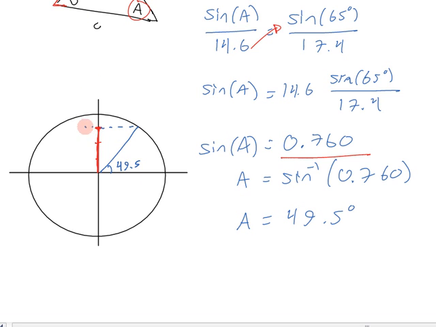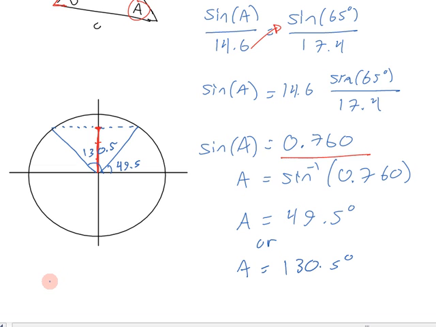There's another one, though. It's over here. It's going to be 180 minus 49.5, or 130.5 degrees. So 130.5 degrees is another possible solution for A. In fact, there are infinite solutions for A. We can go around and around and around again on this unit circle, so we can have 49.5 plus 360 plus 720, and so on and so forth. But